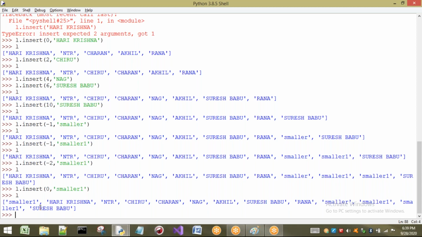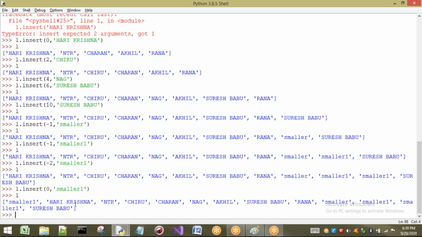From the backside onwards it is going to give you -1, -2, and so on. The last one is considered as 0 in reverse direction, and before that -1, -2, -3, -4, and so on.